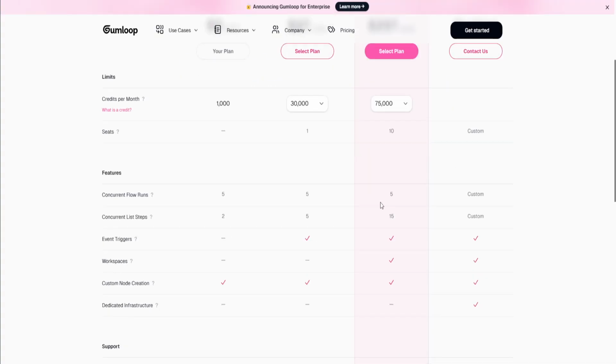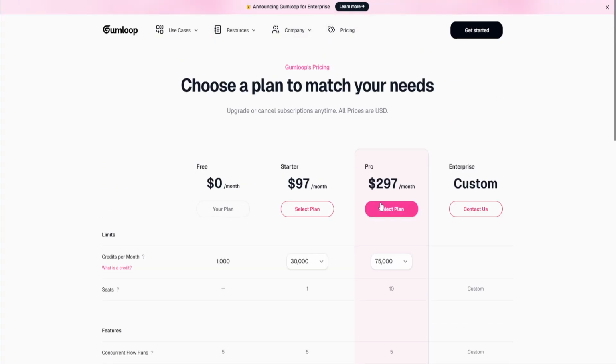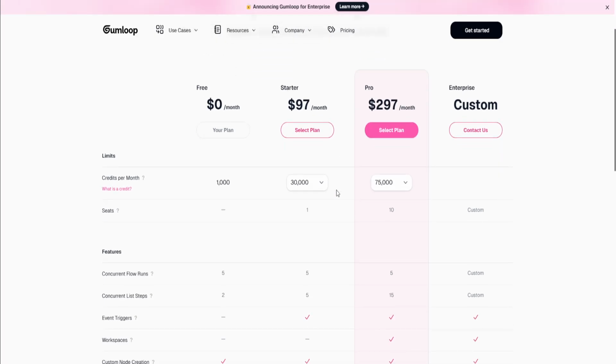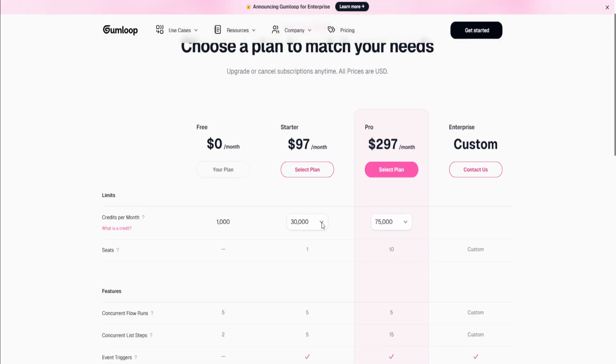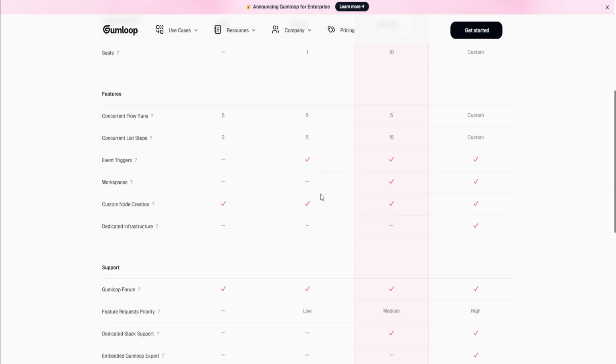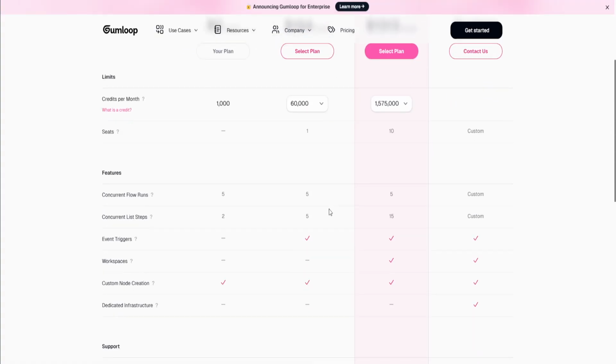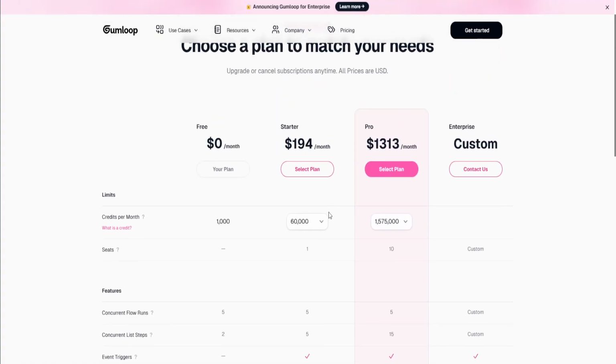Now, if you want to invest, I recommend starting with a starter plan. Although it can be expensive, it might be worth the automation or the AI workflow because, depending on your plan, you'll have an amount of credits per month. So you can adjust here. As you can see, the prices for the monthly plan change as well, so you have to take note of that. You need to choose which one is really good for you, which is advantageous and which is the best thing to do. So for the starter plan, I recommend that, but you can also try the pro plan,